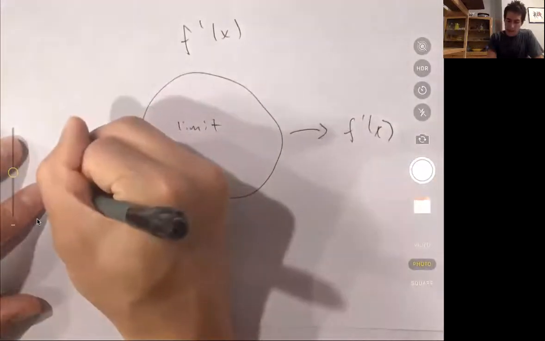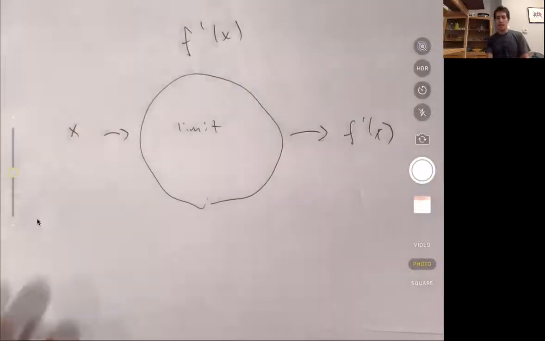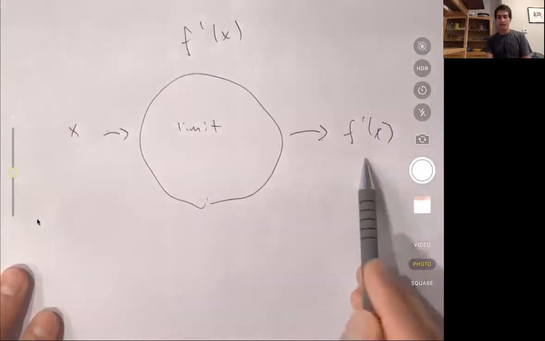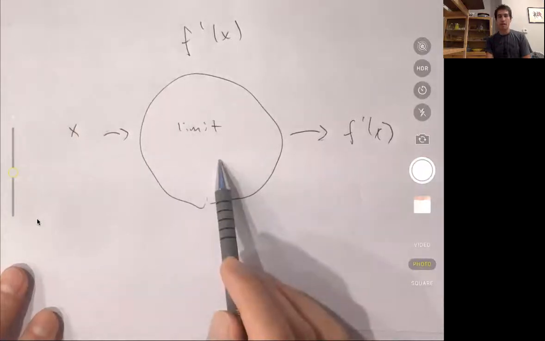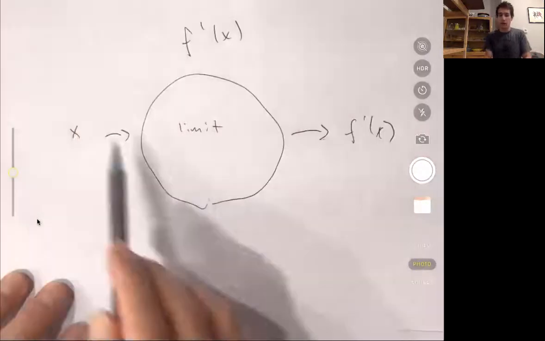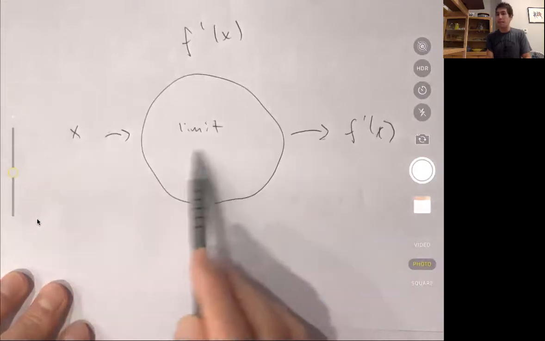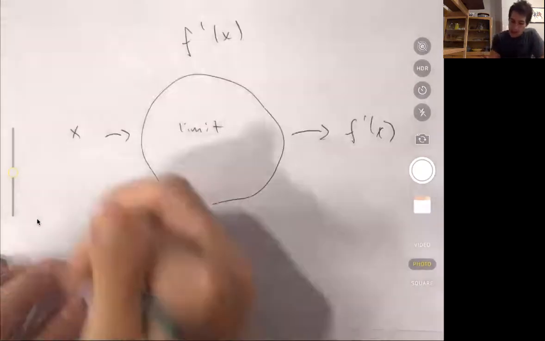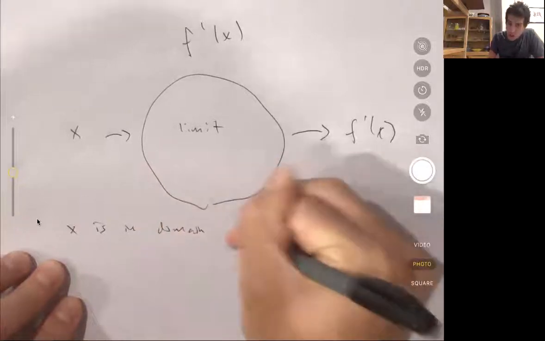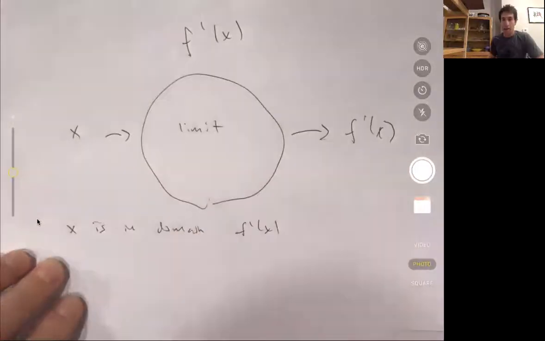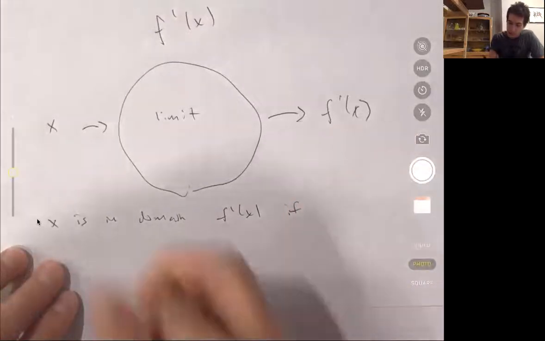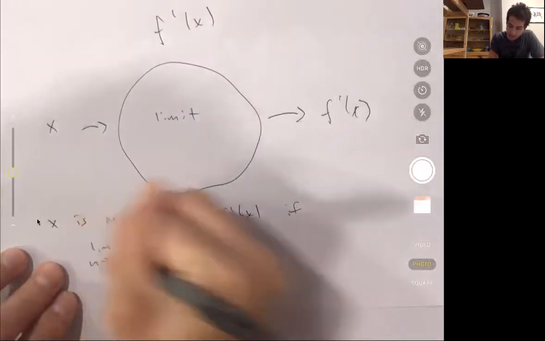So how do I figure out the domain, right? I need to figure out what inputs can I put in here so that this is going to make sense, so that I'm allowed to do this limit. And if you think about that, basically what I'm asking is, what inputs can I put in here so that this limit makes sense, right? So we say x is in the domain of this new function, the derivative of f, if the limit exists. So if this limit makes sense,